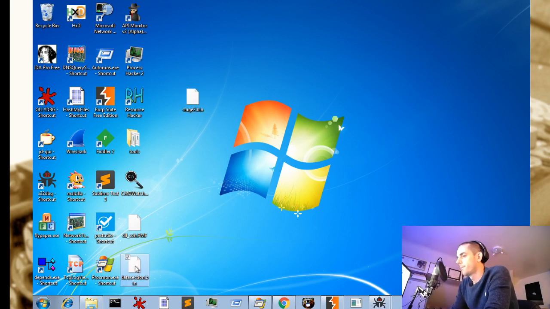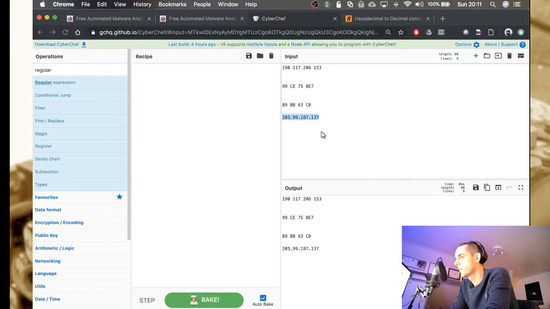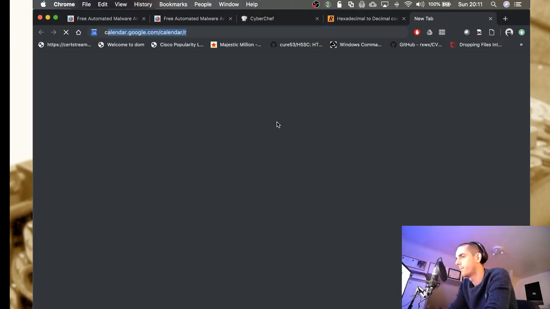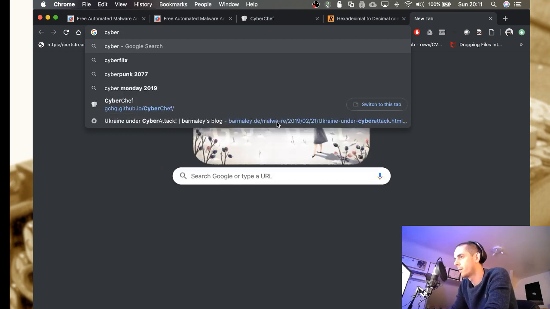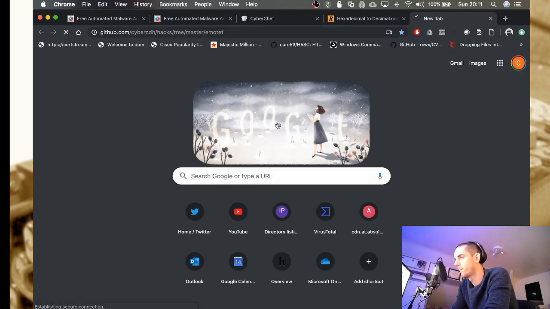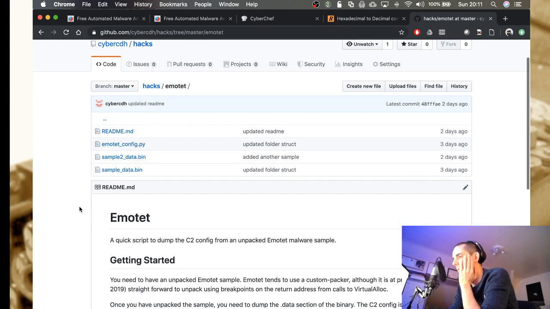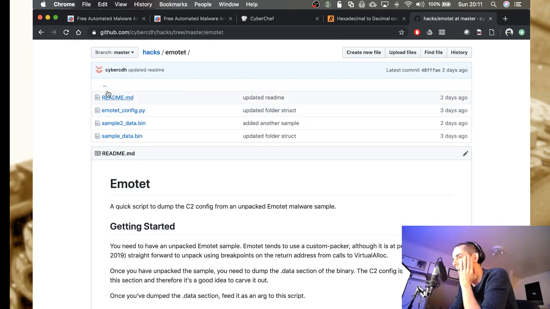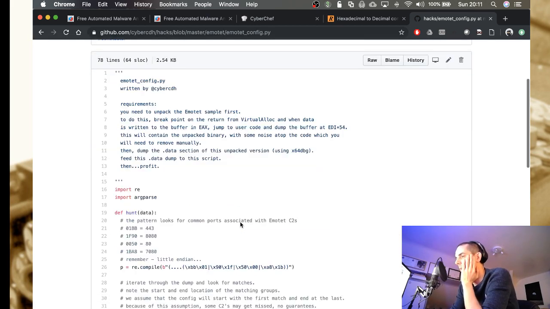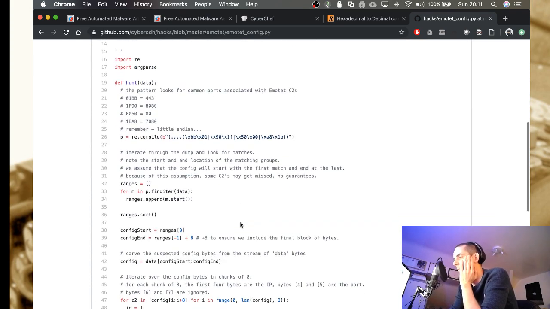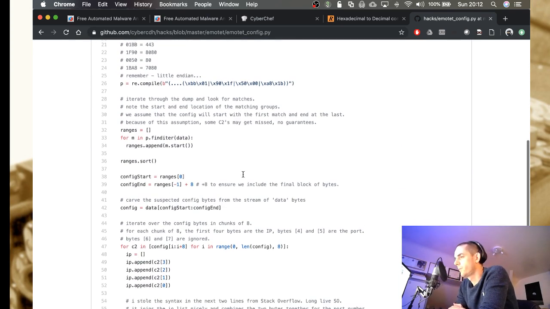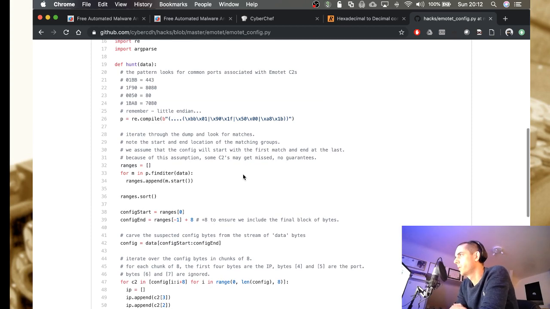I'm going to copy it back over to my host, because I'm going to run something on our host. Let me show you. I knocked together a little script. Shamelessly, I've put it on my GitHub. I've started a little folder on my GitHub which is just for hacks, bits of script and code. I wrote this quick bit of Python, and if we look through the code real quick to talk you through it,